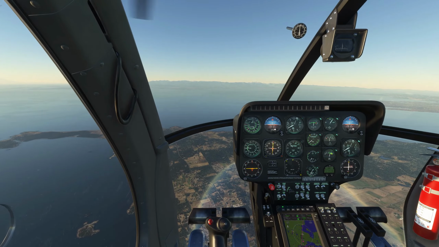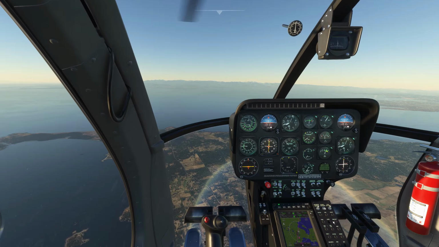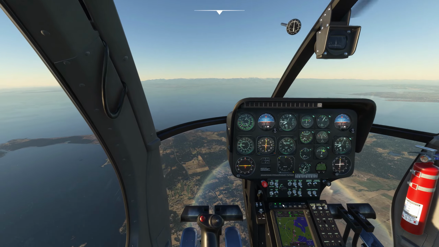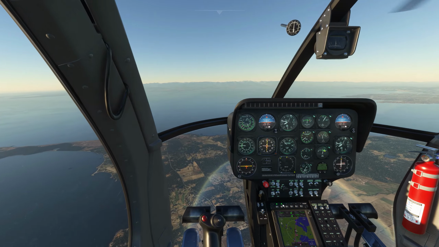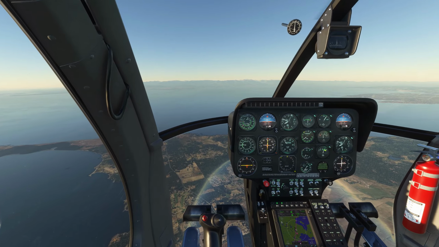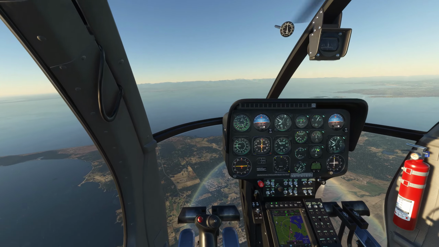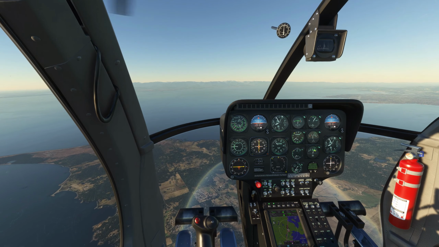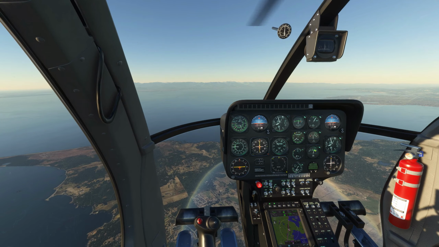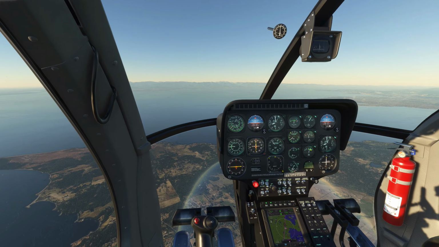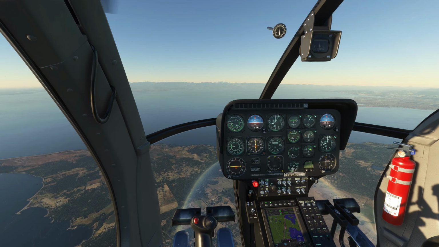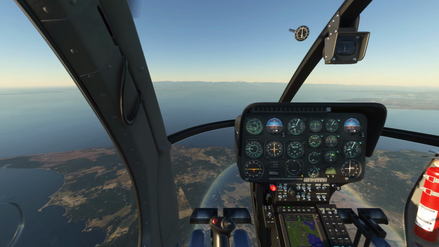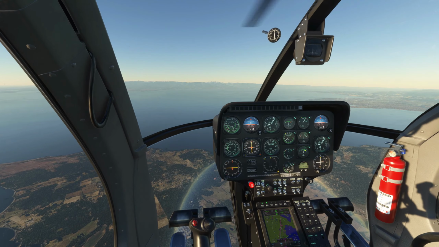Okay, so now I'm going to go ahead and activate heading on the stability augmentation system. So that's now active, and I can now steer the helicopter via the heading bug. Just to demonstrate that, I'm manipulating the heading bug on my IFR-1. I'm going to keep it set right there. And when we reach 8,500, I'm going to go ahead and click on altitude. So our altitude will hold at 8,500. And then after that, I'm going to switch over to nav mode and have it follow our programmed flight plan